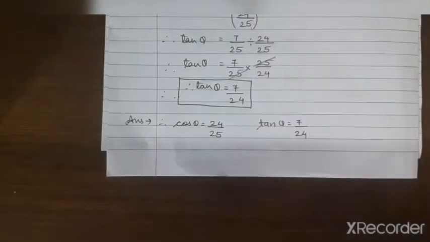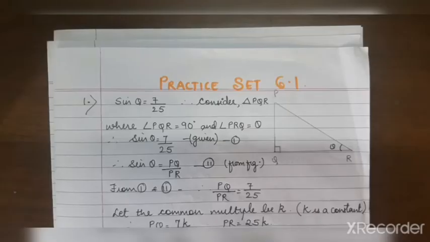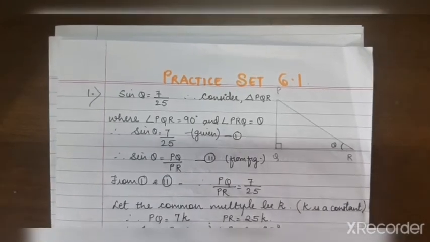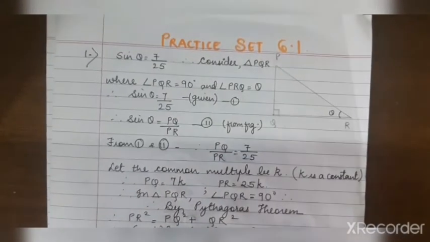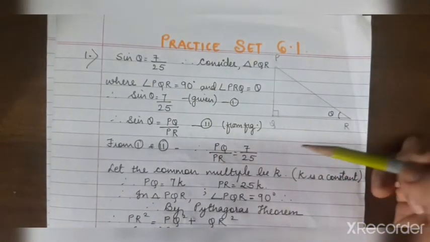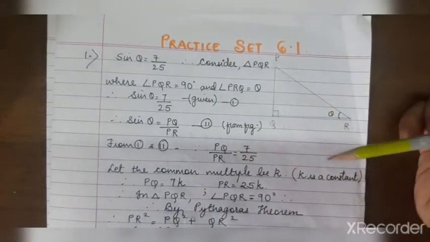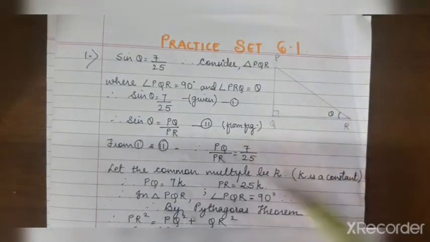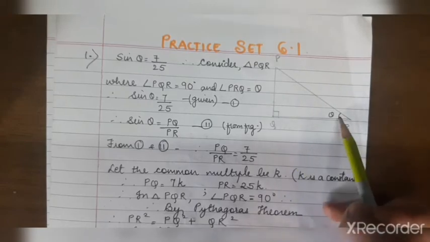Okay, now there is another method of solving this, which is the K method, taking a constant. So we will go through that method also. Now this method is an OR: if you want, you can solve by the method which I just finished, or you can solve by this method where we have to take a right angle triangle, and we have to take the angle theta, any one angle.